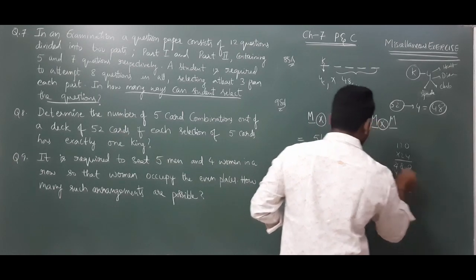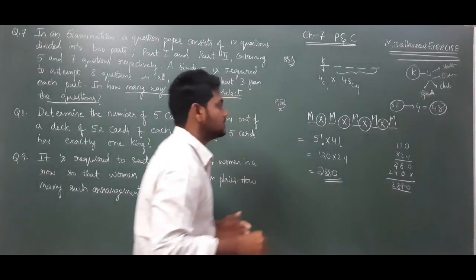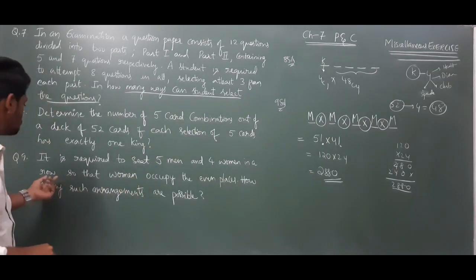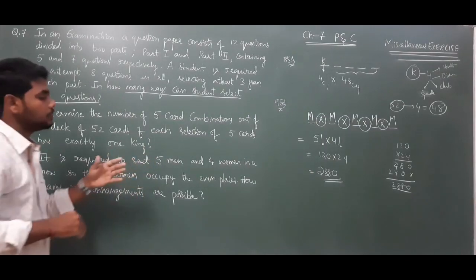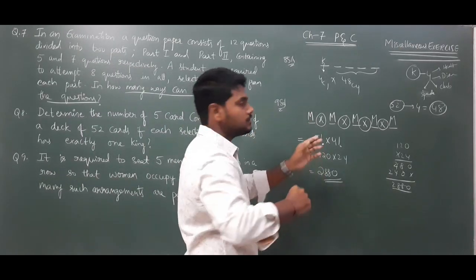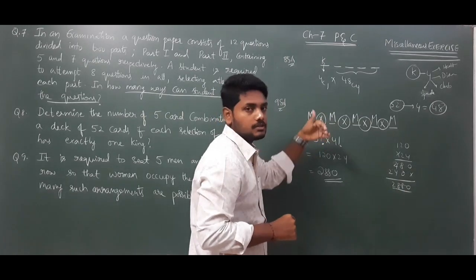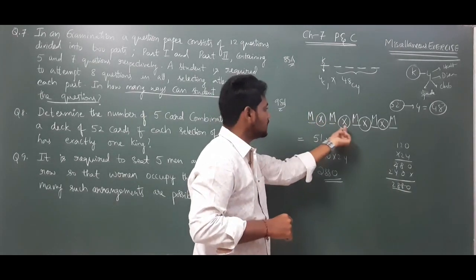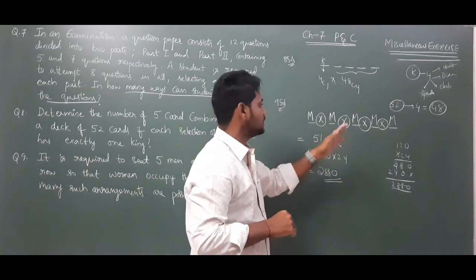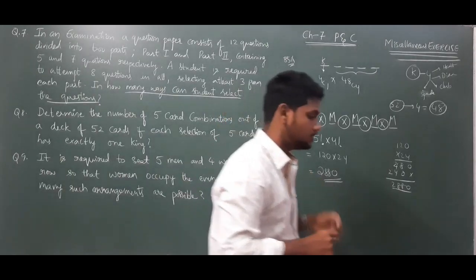So 2880 is the number of ways we can arrange 5 men and 4 women such that women occupy the even places. Very simple. First you place men. Why? Because when we start with men, it will become odd. If it is odd, the next place should be women. So these are the gaps where we need to place the women. So they can sit in 4 factorial ways. Men can sit in 5 factorial ways. Simple. Pause the video to note it down.